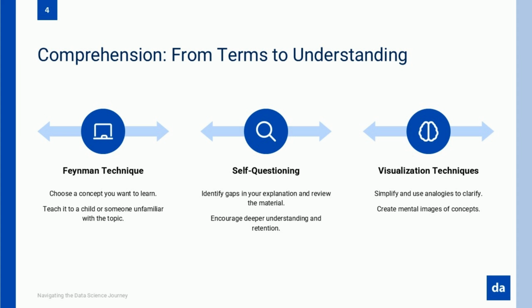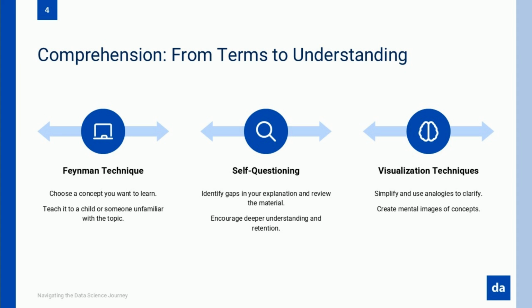Self-questioning techniques are remarkably effective. When learning about a new concept, don't just ask, "Do I know what this is?" Instead, push deeper with questions like, "Can I derive this formula from first principles?" What assumptions does this technique make about the data? Under what circumstances would this approach fail? What are the alternatives to this method, and when would I choose each one? How would I explain this result to a non-technical stakeholder? Questions like these reveal the boundaries of your understanding and highlight areas needing more attention. They transform passive learning into active investigation.